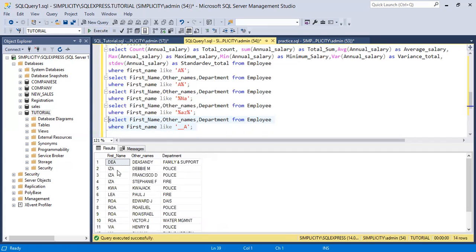Can you see DEA, IZA? Can you see KWA, LEA, and the likes? So that one represents a single character. Okay, you can also say,